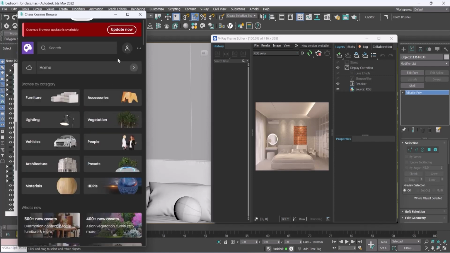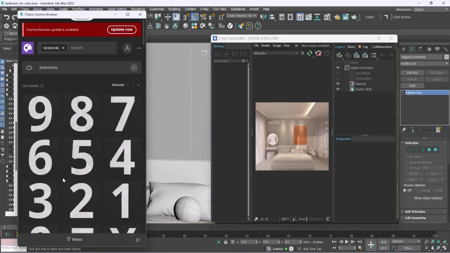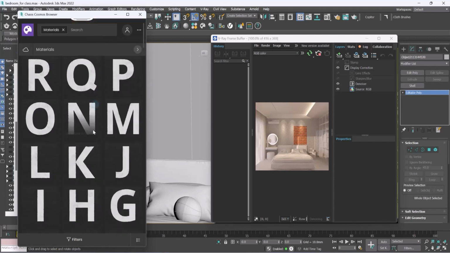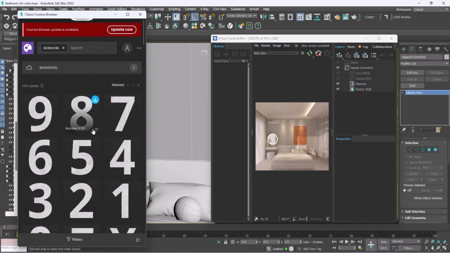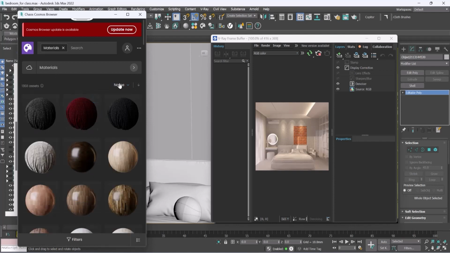Click update later and then we have materials over there. Just click on materials. So in materials, just check it as a mail and then